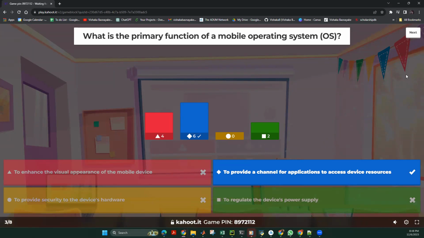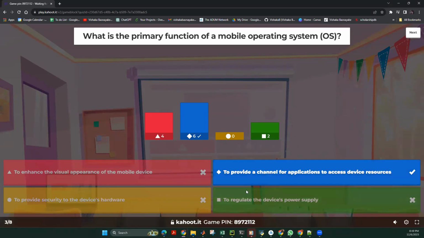So it is like the bridge that connects the application with the resources. The mobile OS is the channel that provides the applications access to the device's resources. So it is the fundamental software that is required in a mobile app to connect the application